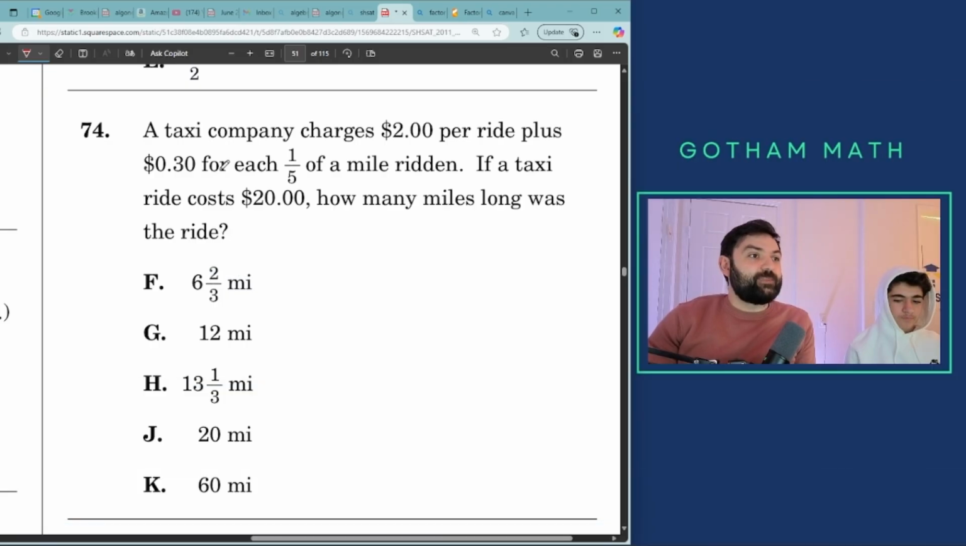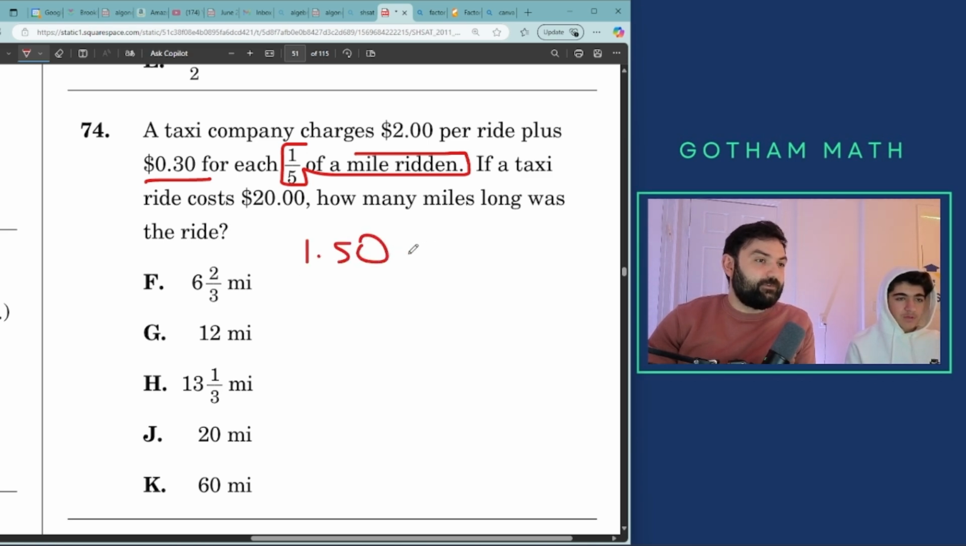74. Oh, fractions. A taxi company charges $2 per ride plus 30 cents for each 1/5 of a mile ridden. If a taxi ride costs $20, how many miles long was the ride? In order to solve this question properly and make it much easier, all you need to do is find the price per mile. That's what they wanted. This is the only hard part of this question: 30 cents for 1/5 of a mile. That's $1.50